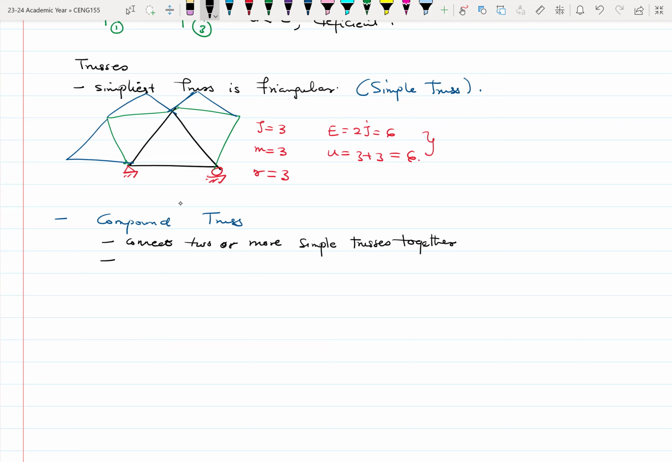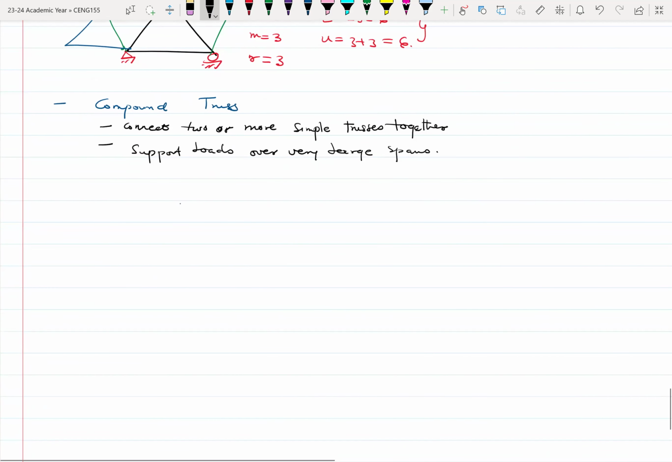And then you normally use it to support loads over very large spans. All right. So an example would be, for example, if I have, let me say I have this. So this is one. Let's say we have,